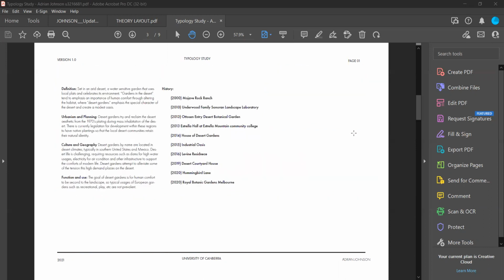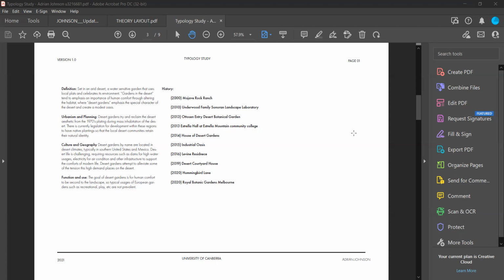So going further into desert gardens, I find that there are generally two types of gardens found in the desert. The first is gardens in the desert, which contain plants and plantings of Mediterranean species or species found in other places, used to remind people of other places that they came from, and they don't want to be in the desert. Those are particularly harsh on the desert because they require such a large amount of resources,